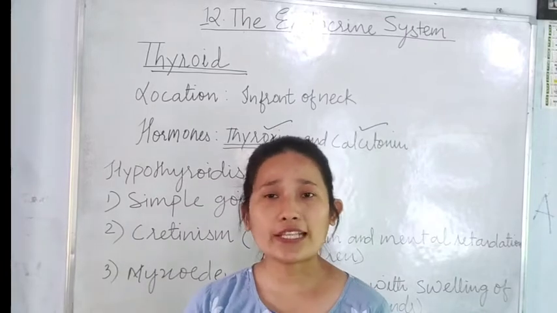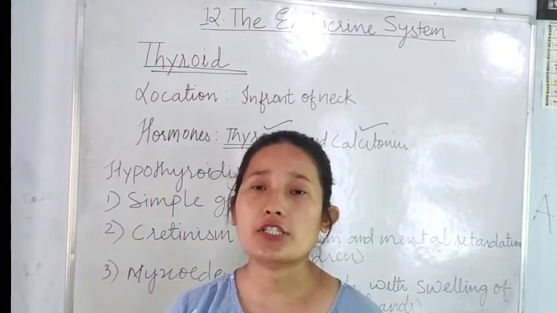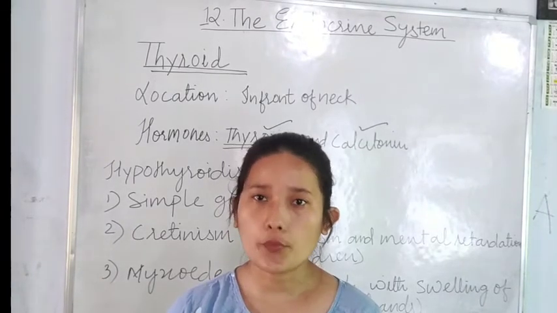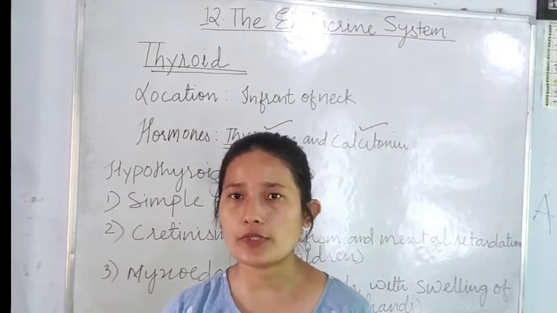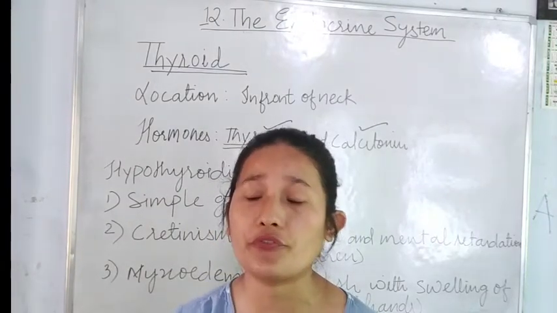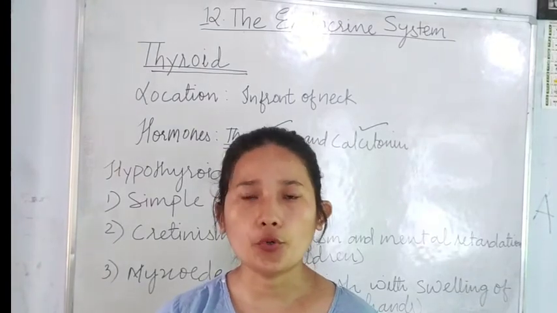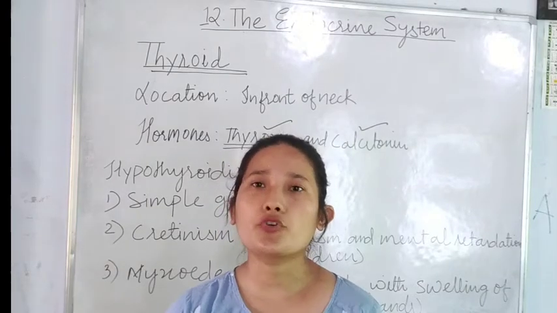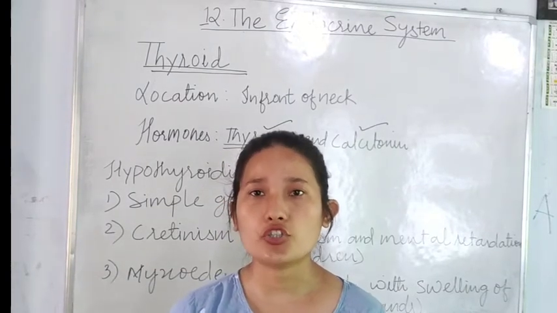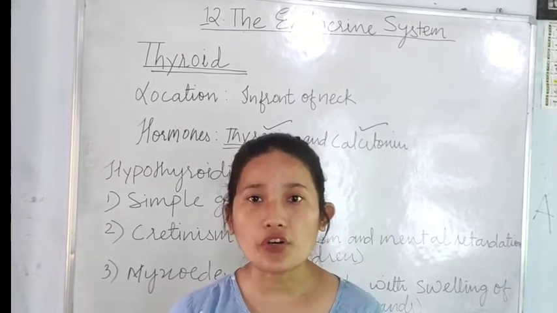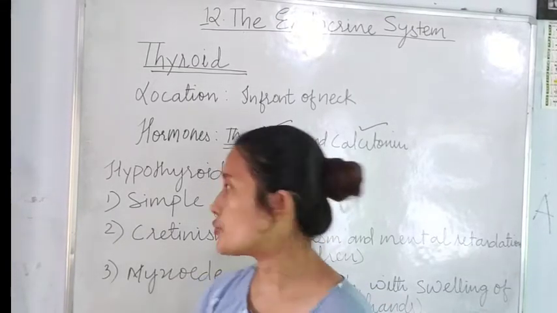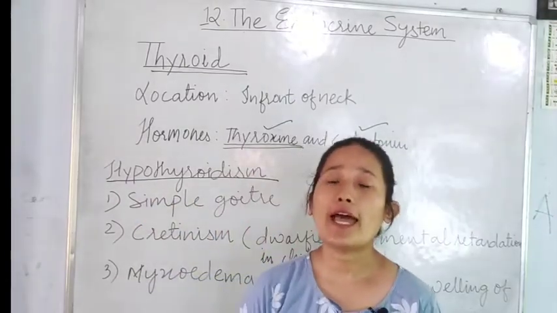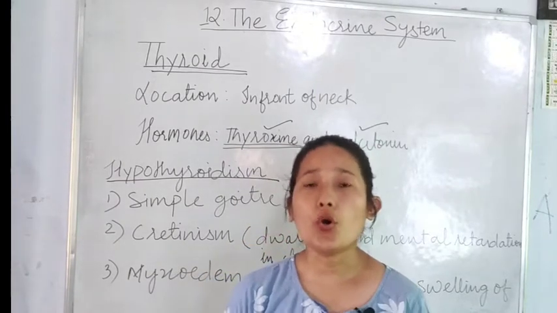We all know. Next we will be dealing with the disease which results because of either hyposecretion or hypersecretion of thyroxine hormone. Okay, I have been telling you that hormone has to be secreted at a correct amount. If the level is higher or low, it's going to cause a defect or certain disease in our body. Okay, first we will be dealing with the disease caused due to lower secretion of your thyroid hormone. That is known as your hypothyroidism. Hypothyroidism means when your thyroid hormone is secreted in a low amount.